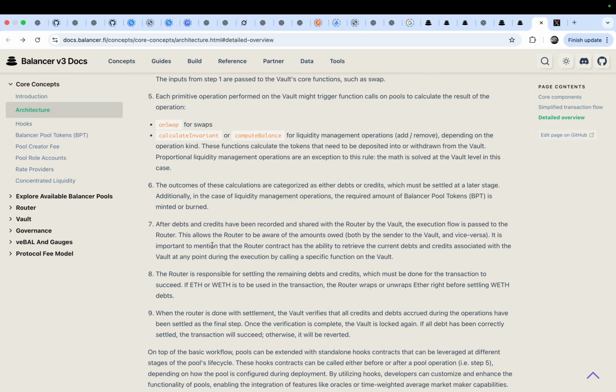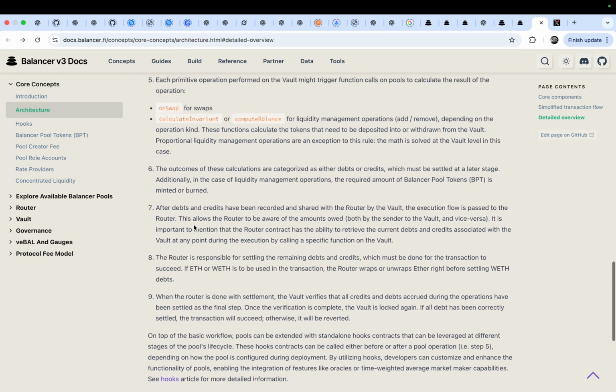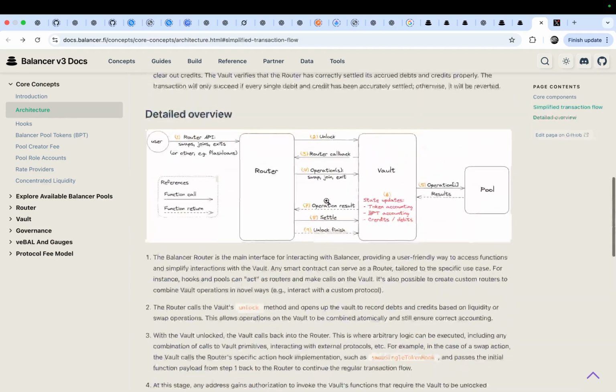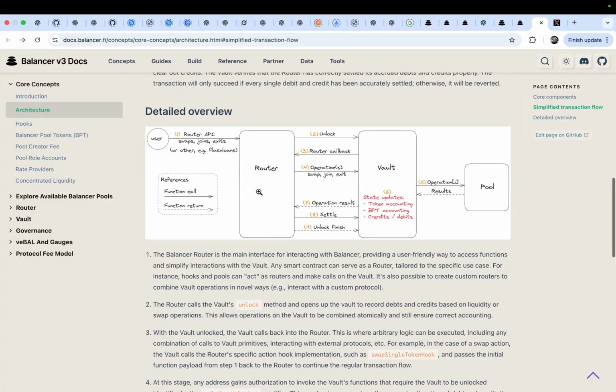The user can easily know the current debts and credits via the router contract, because the result is returned to the router.